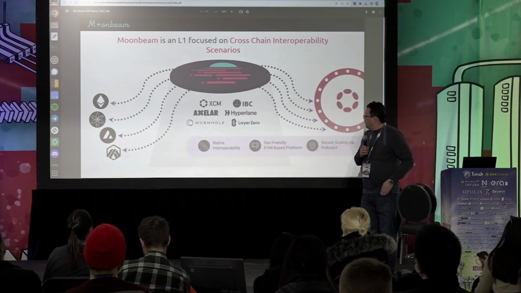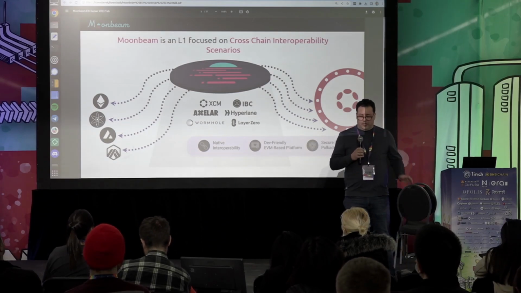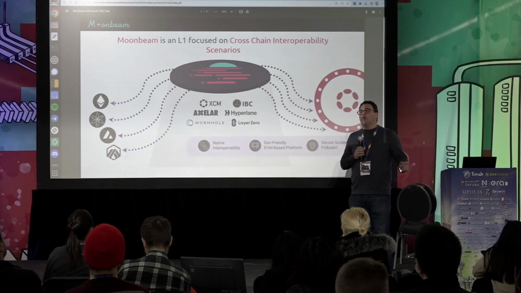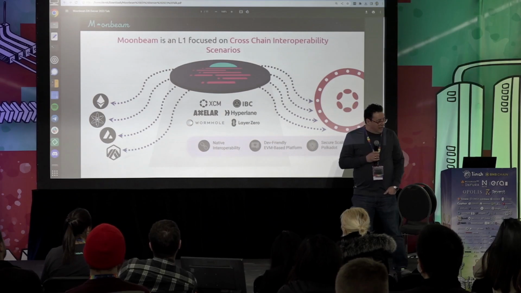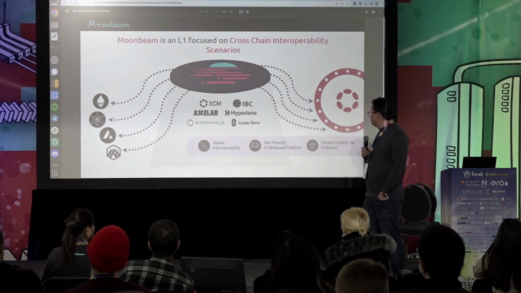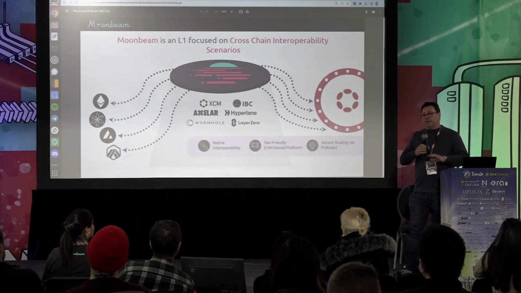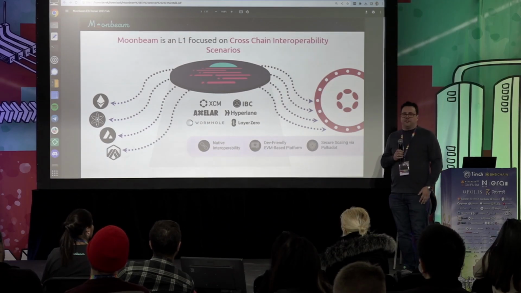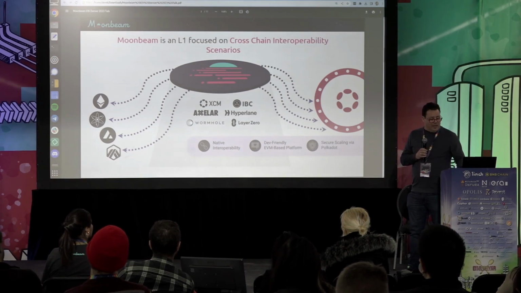You see some of them here, like protocols like Axelar, Hyperlane, Wormhole, LayerZero. There's a number of different development teams building protocols on Moonbeam that are leveraging one or more of those new message passing systems. These systems are all designed to facilitate sending of messages back and forth between different blockchains. And so this is an area that there's quite a lot of interesting development going on right now. The other thing about Moonbeam is it is EVM compatible, so a lot of the standard Ethereum developer tools are in and around the platform, things like Etherscan, Chainlink price feeds, and so on, right? There's a whole suite of tools that one expects these days in an EVM compatible platform.